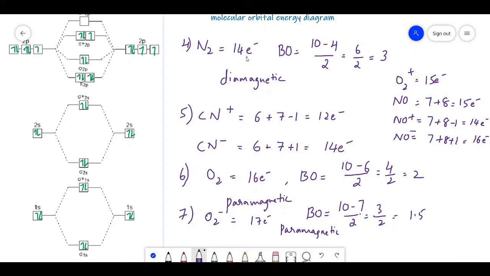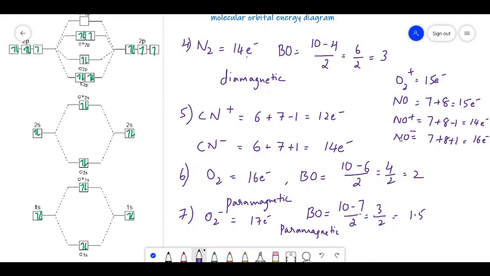substance. So if any magnetic property is asked, you just first count the electrons. If you are getting an odd number, then it is paramagnetic. And if you are getting an even number, you have to check. You cannot directly take all the even numbers as diamagnetic. Why? You can see nitrogen. Nitrogen is having an even number. It is diamagnetic. Oxygen is also having an even number, but it is paramagnetic. So for even numbers, the magnetic property and bond orders, everything will change. But whenever there is an odd number, this is the only point for magnetic property. Odd number means it is paramagnetic.